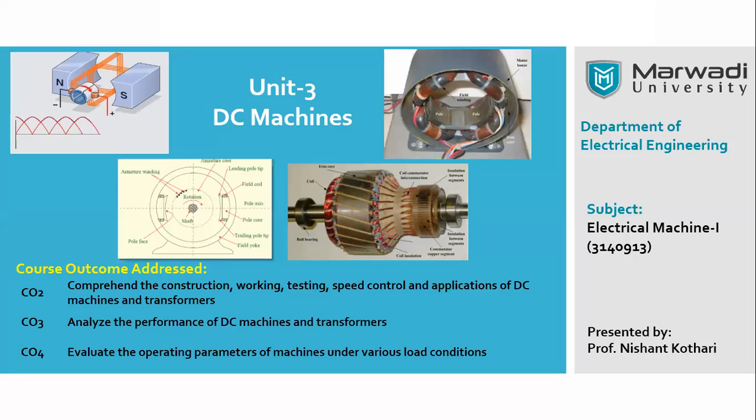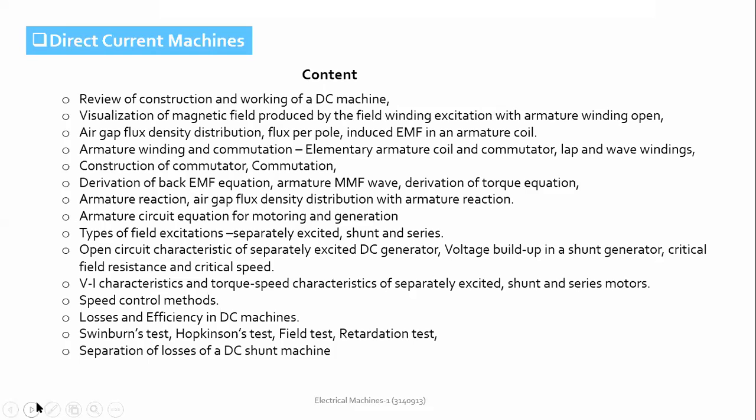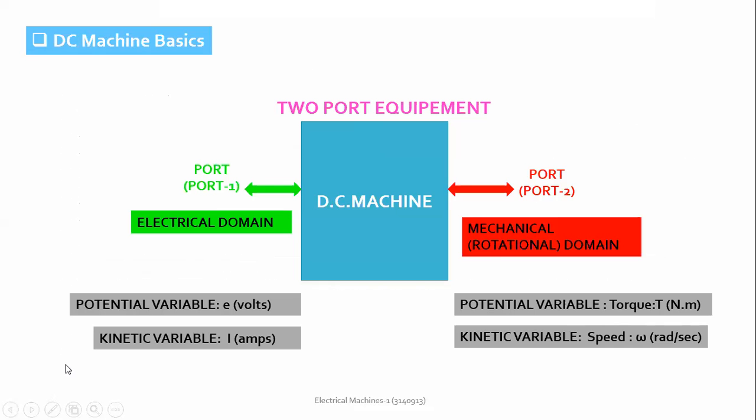So we have started unit DC machines, unit number 3 in the subject Electrical Machines 1, and we have seen the basic fundamentals about the machines. If we consider a machine as a two-part equipment, then a DC machine will have two different domains: the electrical domain and the mechanical domain. On the electrical domain, the variables are voltage and current, and on the mechanical domain, the variables are